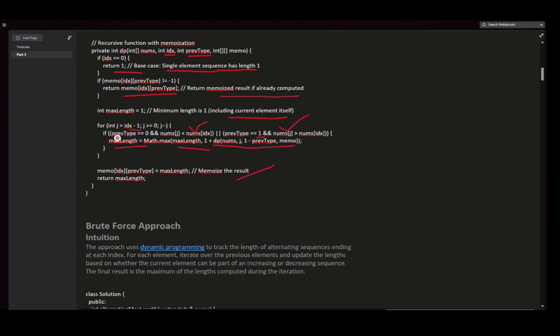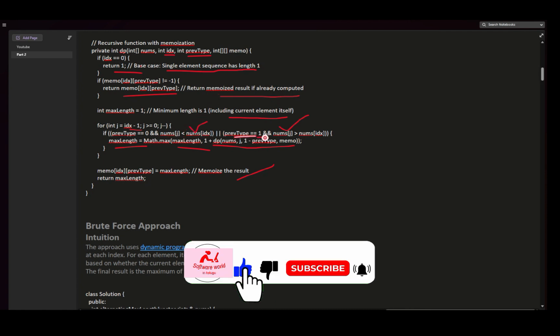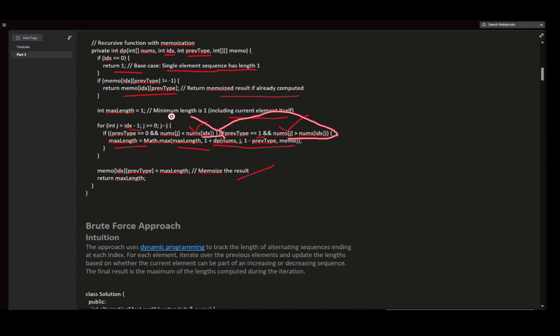And here, as I said, there are two cases. Previous type of 0 is nothing but the first relationship, where x1 is less than x2. The same thing follows here. And previous type 1 indicates the opposite case, where x1 is greater than x2. If any one of the relationships is satisfied, then we can simply go ahead with that, take the maximum length, add one to the current answer, check the maximum out of it, and store it in the memoization result